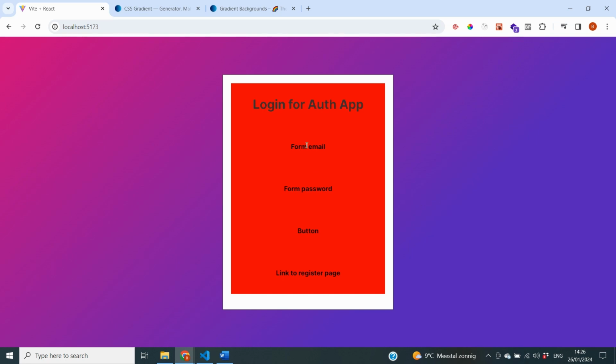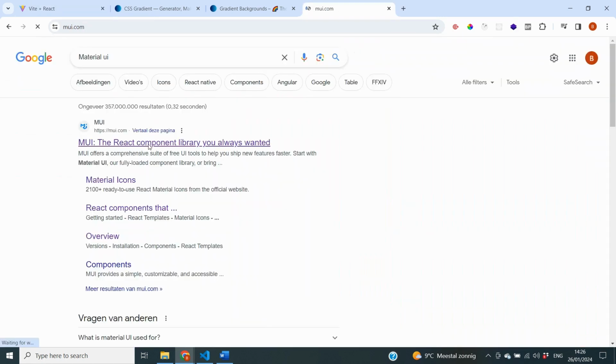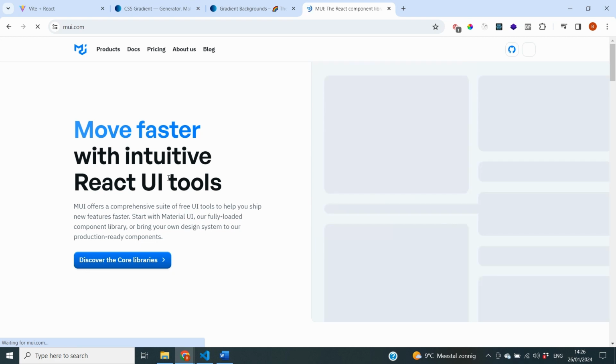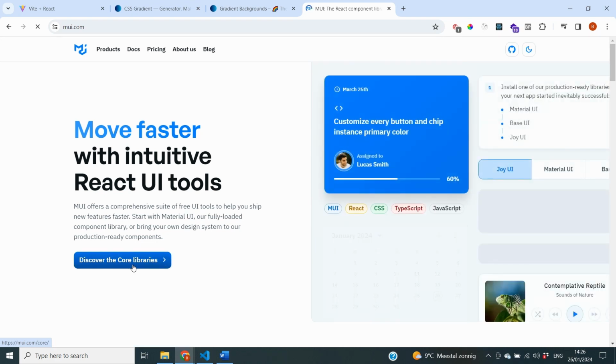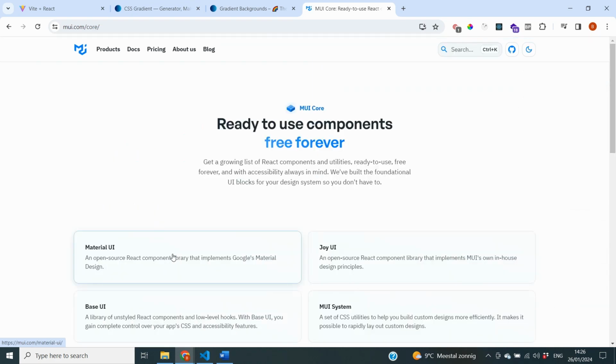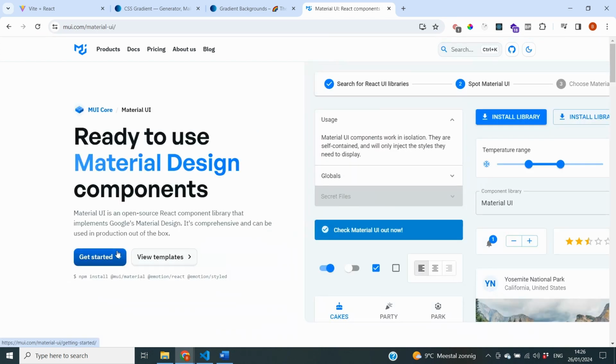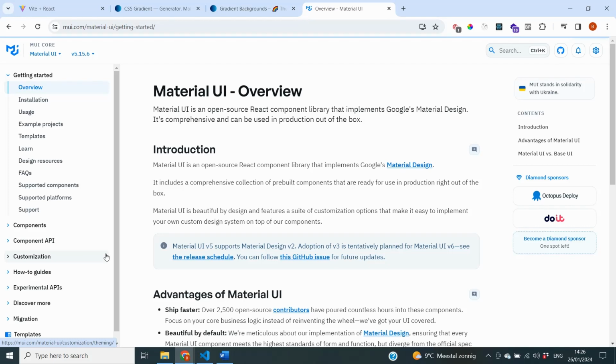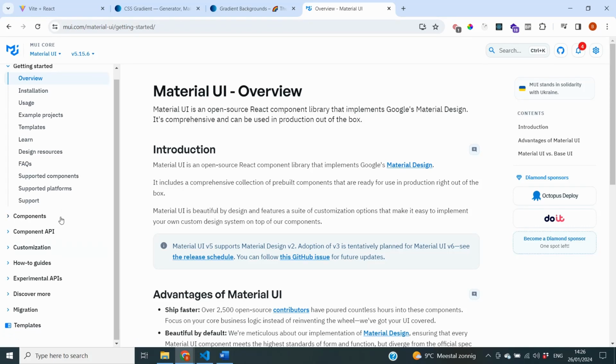And we want to create the forms for our email and the forms for our password. But in order for us to do that, we first need to enter those forms inside of our project. And we're again going to do that by using Material UI. And Material UI is a components library that has ready-to-use components that we can just copy and paste into our project. And if we click on Get Started on the Material UI documentation,